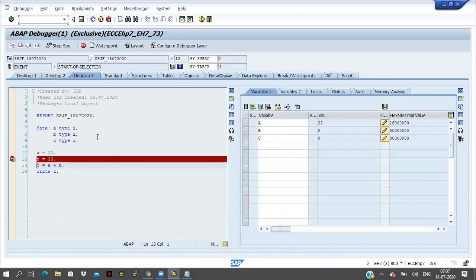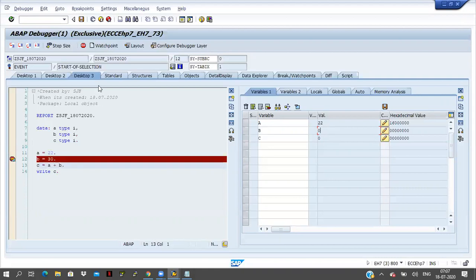And A equal to 22 is coming. Why is A equal to 22 coming here? A is in the 11th line, and that 11th line is already executed. The cursor is at the 12th line. That is why the value is updating here. Now the value of B equal to 0 is there. I am not passing any value till now, that is why 0 is coming. The initial value for an integer is 0.